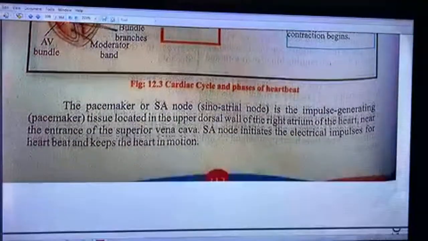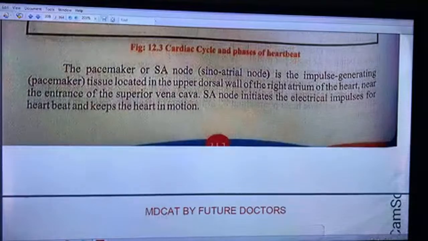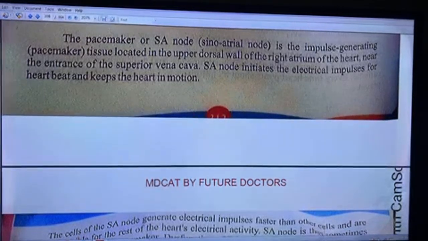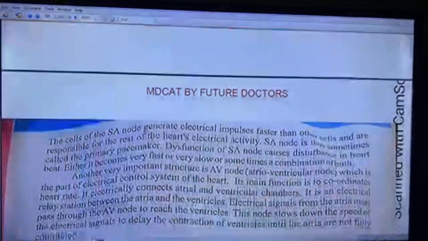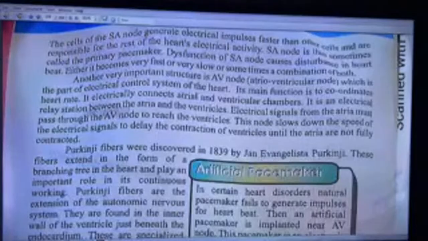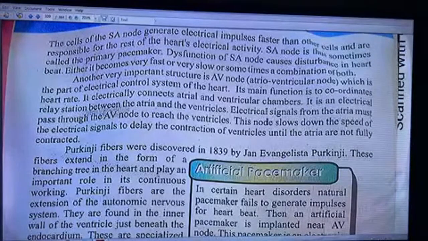The pacemaker, or SA node (sinoatrial node), is the impulse-generating pacemaker tissue located in the upper dorsal wall of the right atrium of the heart, near the entrance of the superior vena cava. The SA node initiates the electrical impulses for heartbeat and keeps the blood in motion. The cells of the SA node generate electrical impulses faster than other cells and are responsible for the rest of the heart's electrical activity. The SA node is thus sometimes